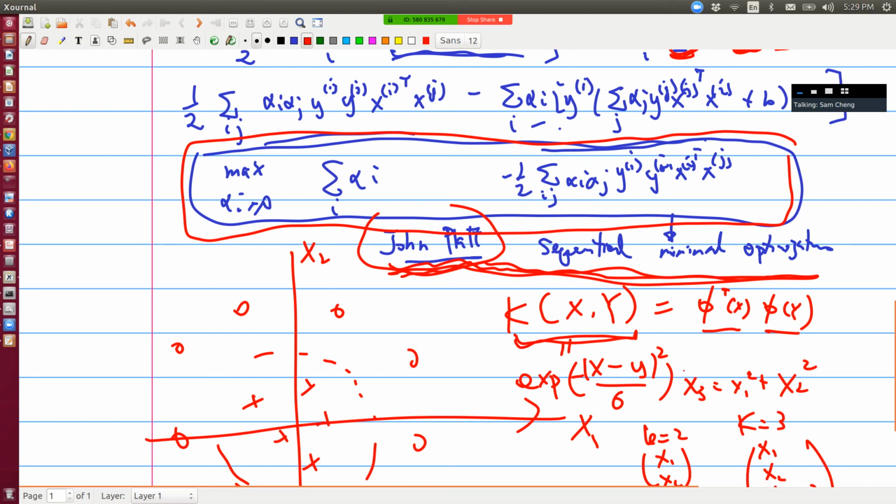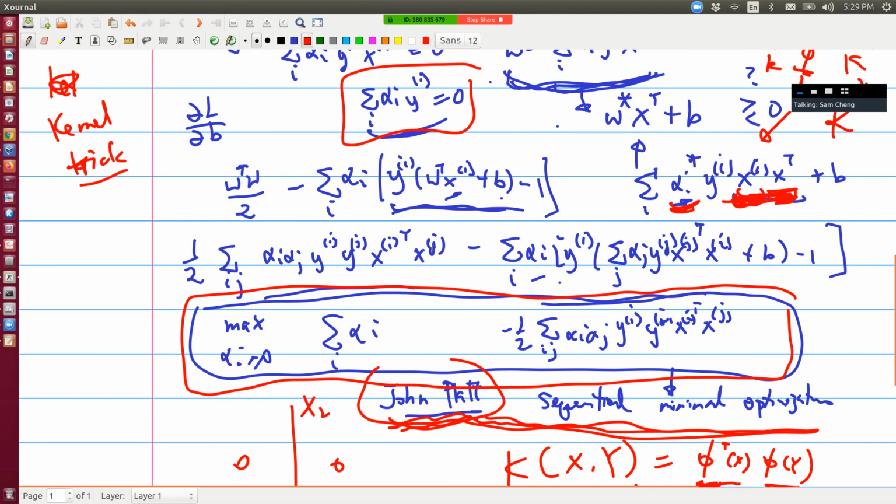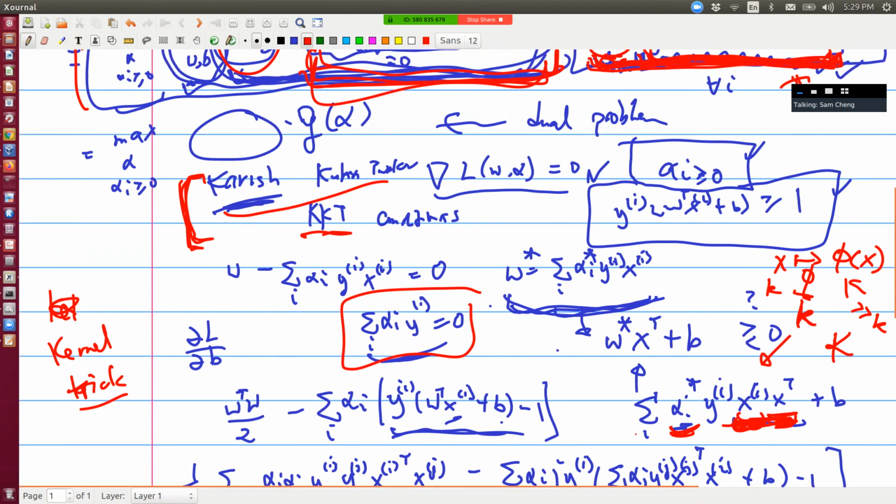And this will correspond to a very complicated function, probably one we cannot write down, but this essentially projects to a very high dimensional space. So instead of doing this inner product, we just replace all of these inner products with this kernel function, and then the optimization is essentially the same as before. This is the kernel trick, and that's also why support vector machine is still powerful, but it's not as